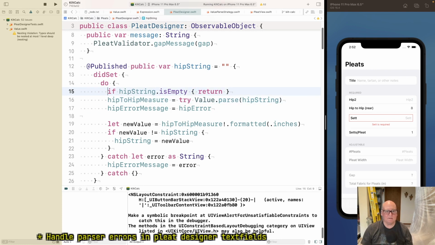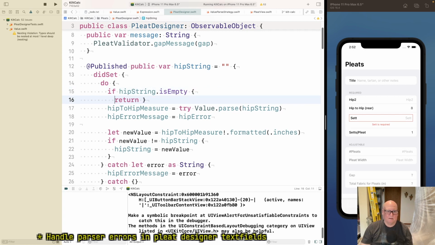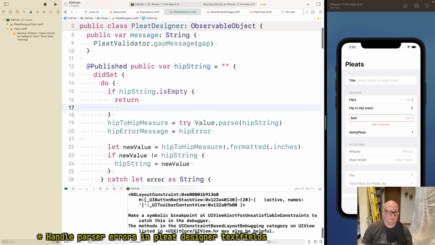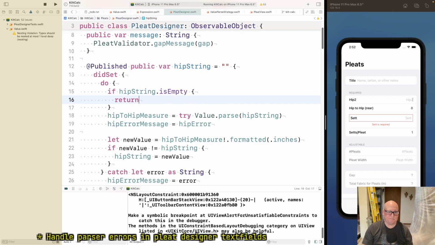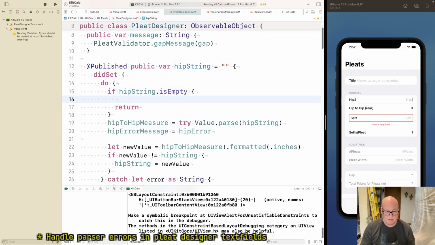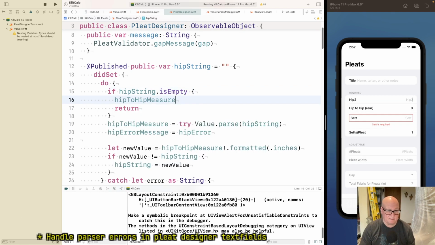Okay, if it's empty, well, what's got to happen? Well, then hip to hip measure is nothing, is nil, and maybe not helping anything.